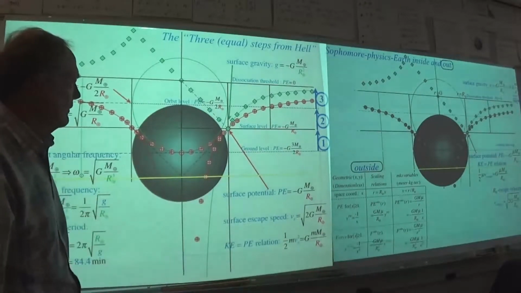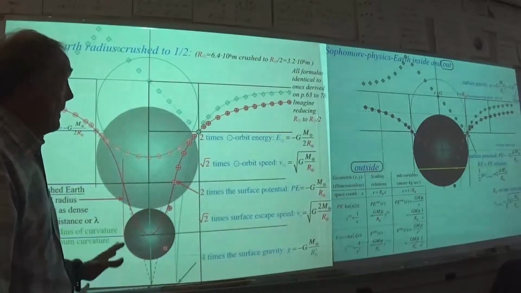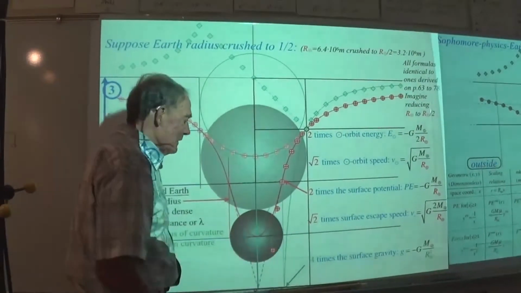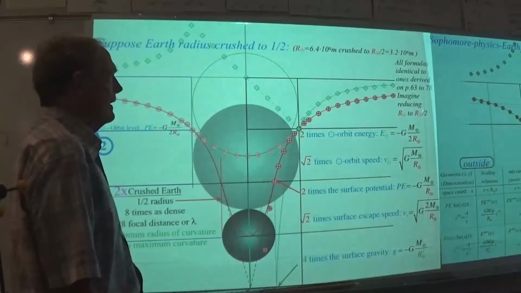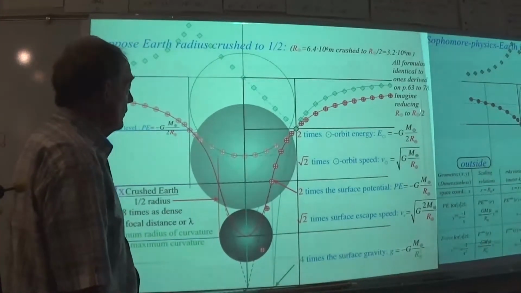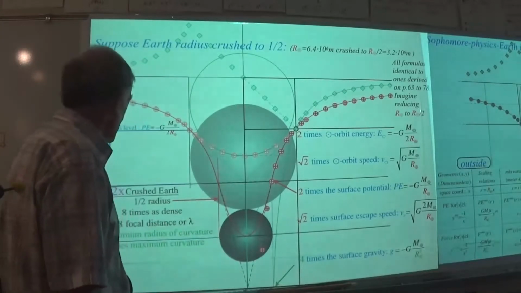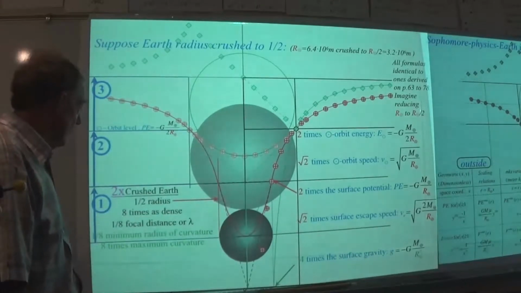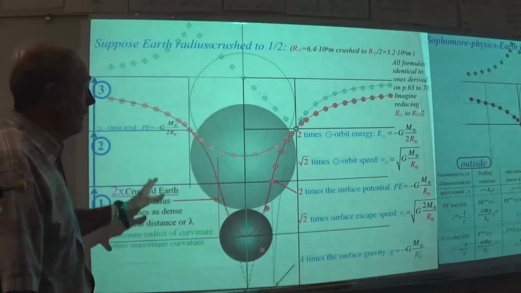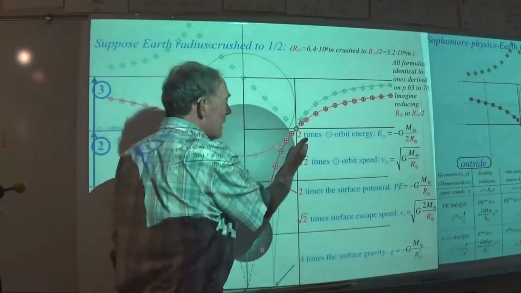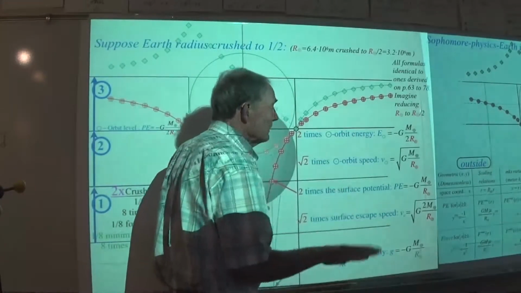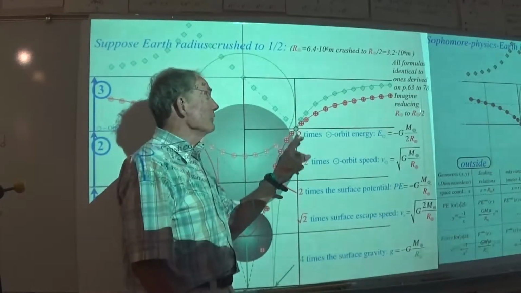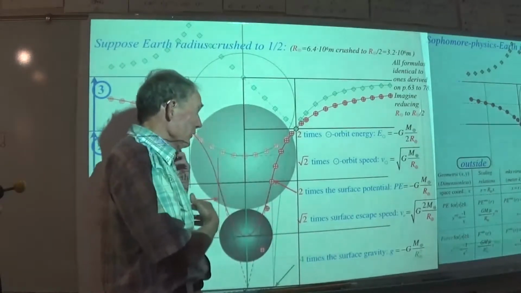We've got surface escape speed, all that stuff is already there. Now, if you crush the Earth, okay, make it more dense somehow, say you bring it to this point here where you have half the radius, 8 times the density, 1/8 focal distance, all of the scale factors that apply to each of the formulas, and that's what you want to be good at, I think, in any sort of physics, but particularly in mechanics. You want to know if somebody changes something by a certain factor, in this case 2, well,